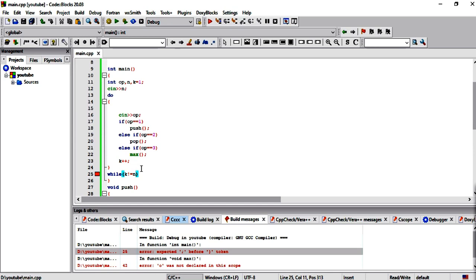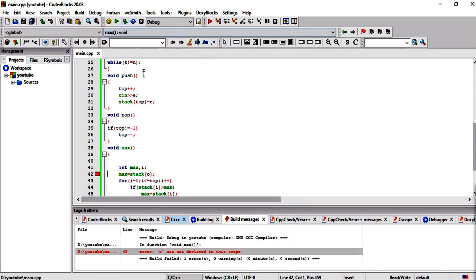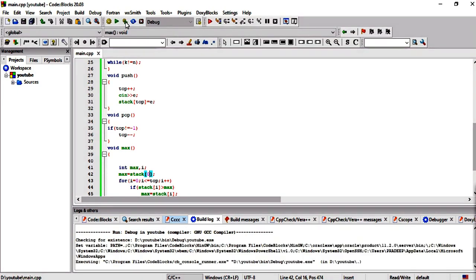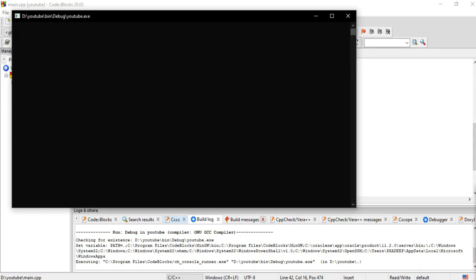Yes, guys, it's true. Okay, here we are not using the terminating sign. Int stack, it stores 0. Yes, guys, finally we have run our code.